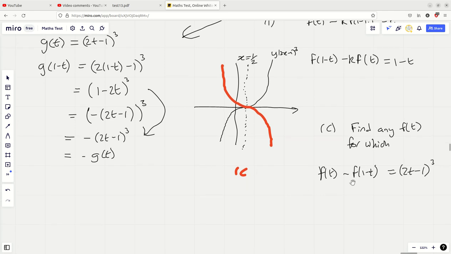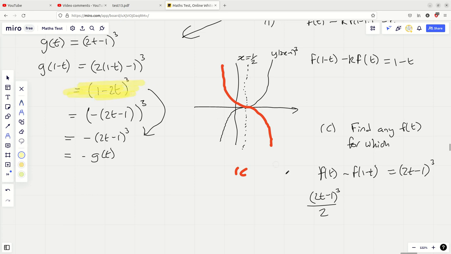Now, just think for a second and think, well, hang on a second. f of t can be any function I like here. So surely, bearing in mind I'm taking away here, if I have exactly half of this, what's going to happen when I do f of 1 minus t? Well, I get the negative of what I had before. I get, if I can highlight it,